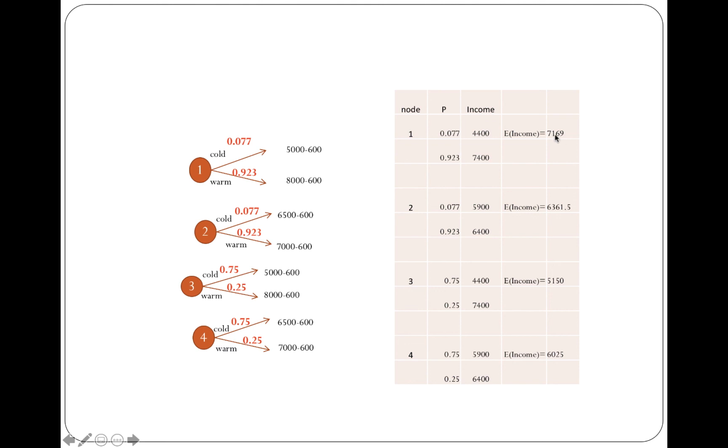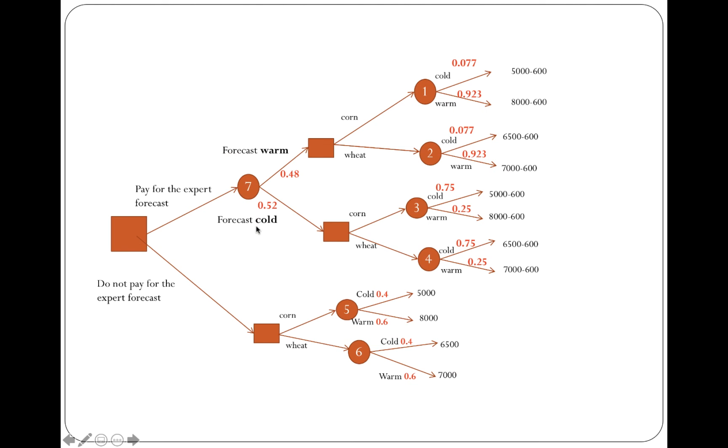The final values of the expected value of each one of those nodes are written in this table. So I'm going to put these values back on top of the nodes on the actual decision tree. That way we can make the decision: if we ever are at this decision making point, what is the decision? Planting corn or wheat? We'll see that in this scenario, since the expected value or expected earning corresponding to planting corn is higher, the better decision is to plant corn, and we expect to gain